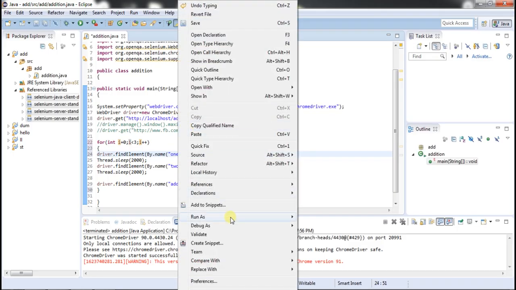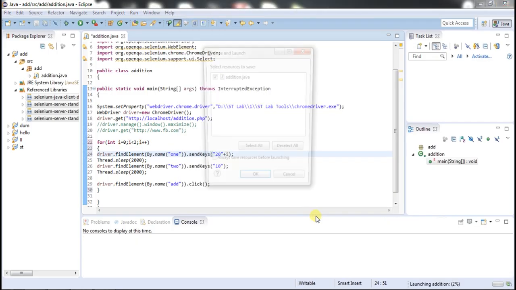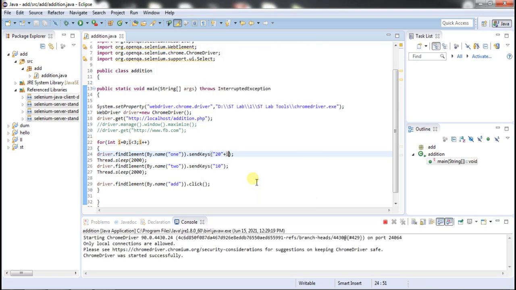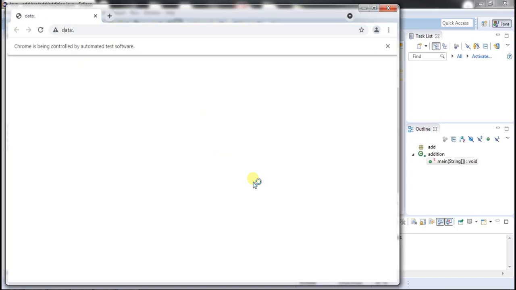Run as Java application. The browser opened. 200, add. Then 201, it is looping. 201, 10. Next 202, 10.